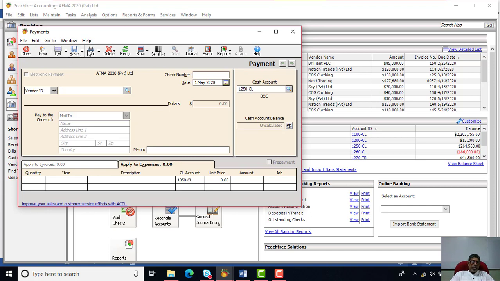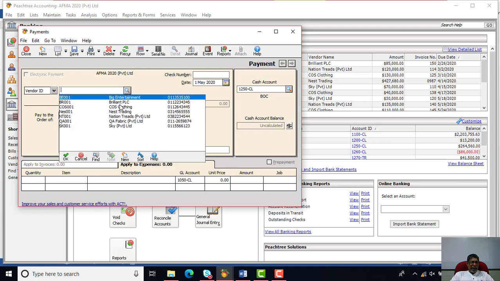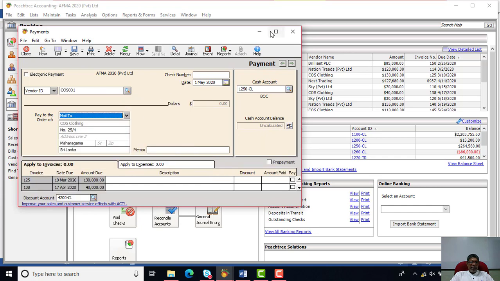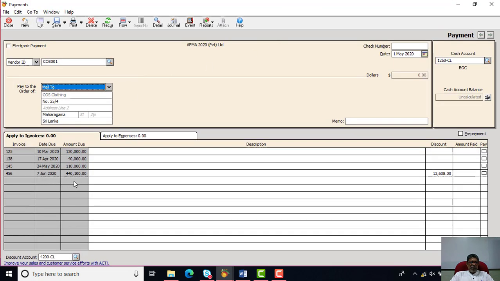Now, most of the tool buttons at the top are very much familiar to you, right? So you can go through these tool buttons. Now, what are the features available in this particular window? First of all, if you are making the vendor outstanding bill payment, in that case, we need to select the appropriate vendor. When you select the appropriate vendor, all outstanding bills which were not paid up to now will appear on your screen. These payments are not paid, right? So according to the given date, if eligible discounts are there, the discount also automatically appears on your screen. It depends on the payment date.